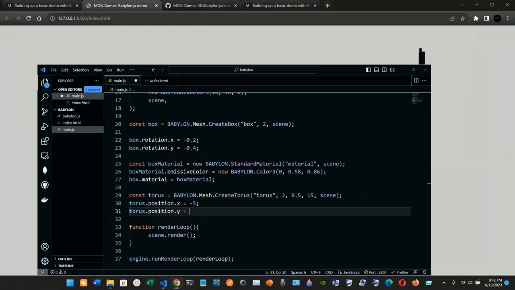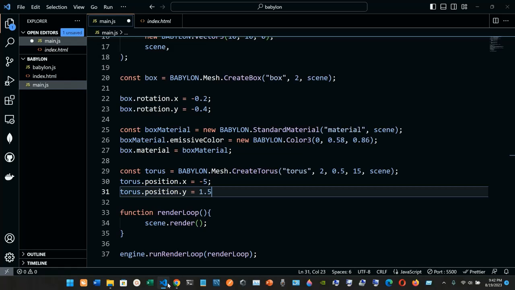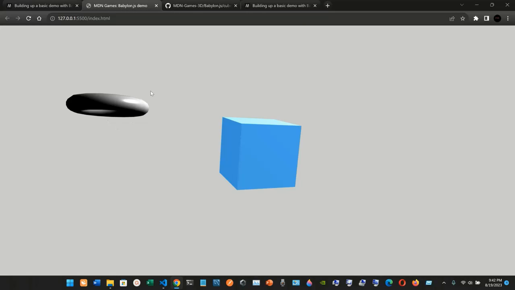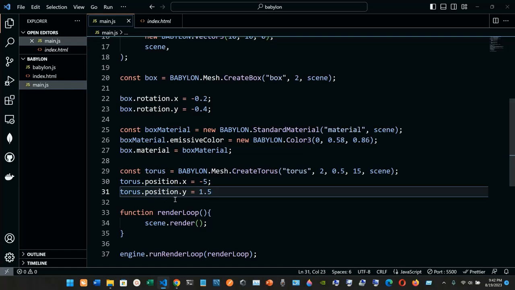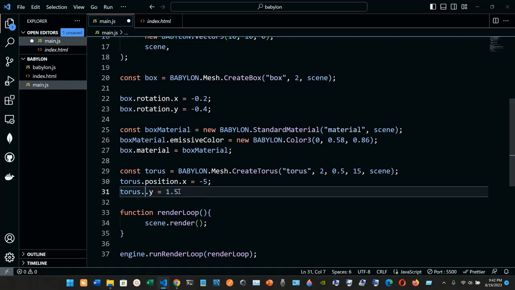and we're gonna set it to something. So those are still in the x, but now it's gonna be 1.5, and then rotation, so 1.5. So let's check it out just to see what's going on. So since I use torus.position.y, it's moving vertically, it's moving up. But this one is gonna be rotation, according to the manual of this website,